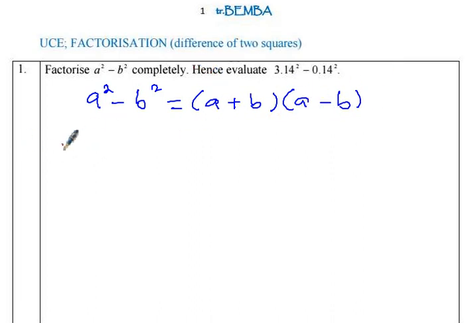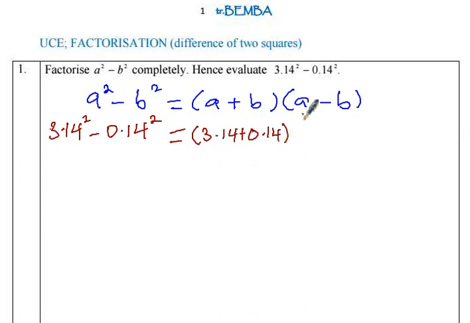So with the hence part, we need to evaluate 3.14 squared minus 0.14 squared. So still you see that we have a number squared, a minus sign, and another number squared. So how do we evaluate this? Now we shall simply use this. So that means my first number 3.14 plus the second number 0.14, times the first number 3.14 minus the second number